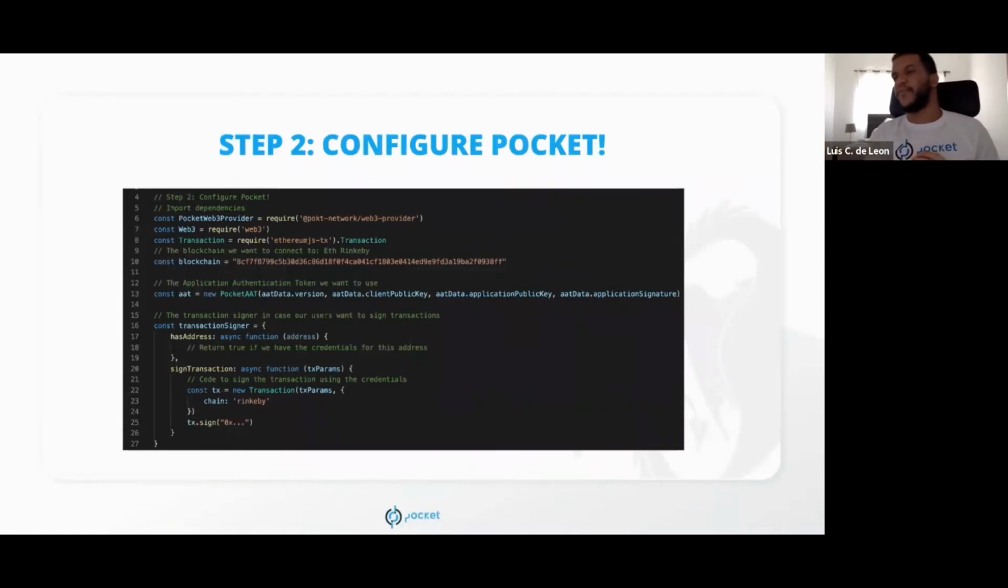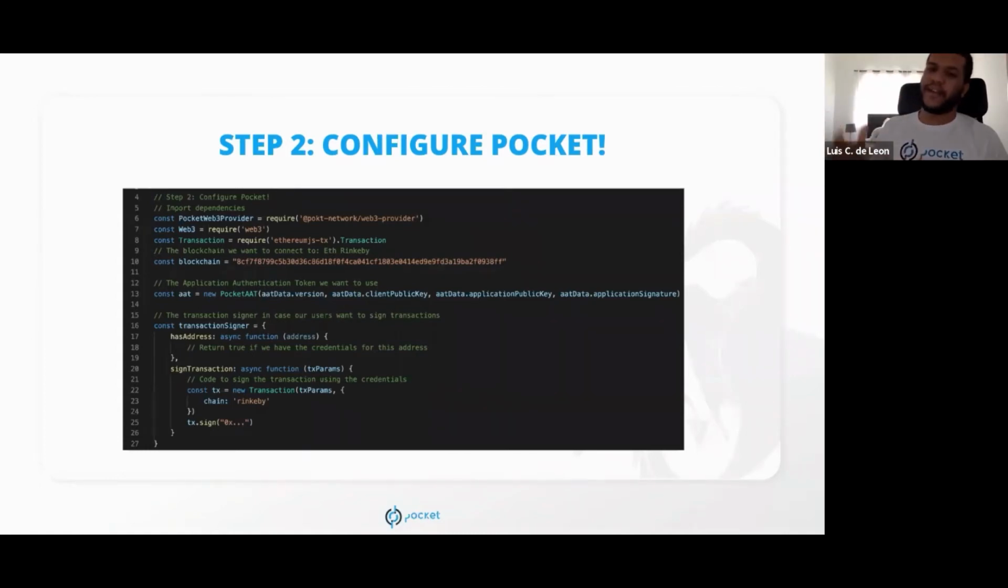The next step is that we're gonna create a Pocket AAT. AAT stands for Application Authentication Token. And the Application Authentication Token, AAT for short, allows your application to authenticate your users so they can start using Pocket Network on your application's behalf. Here we see that we're gonna use a version, a client public key, which is gonna be automatically created for them in their application, and an application public key, which is the public key to the private key that you have to keep safe that holds your POKT stake, and then